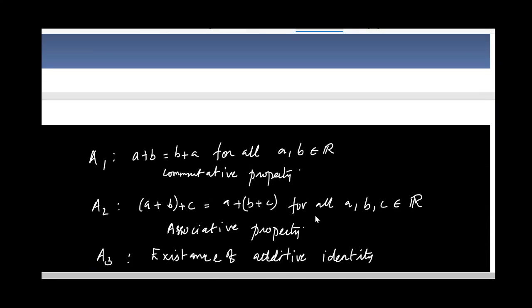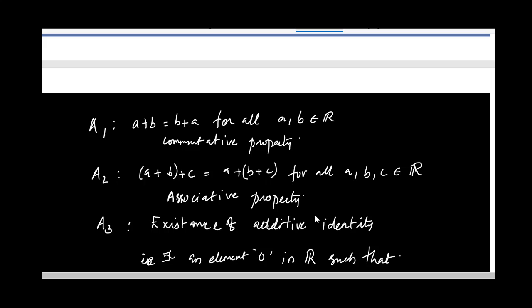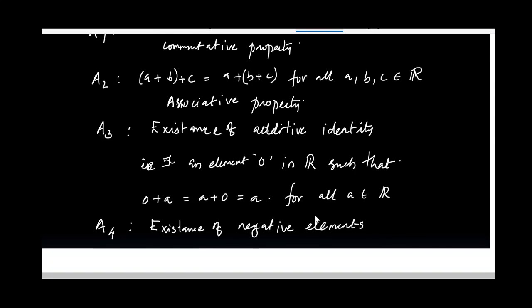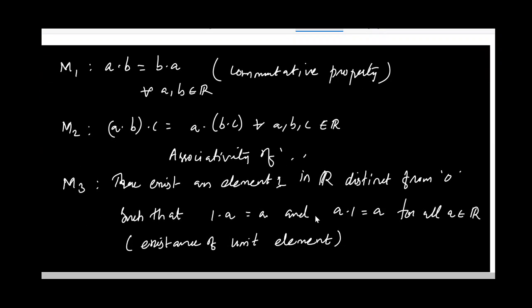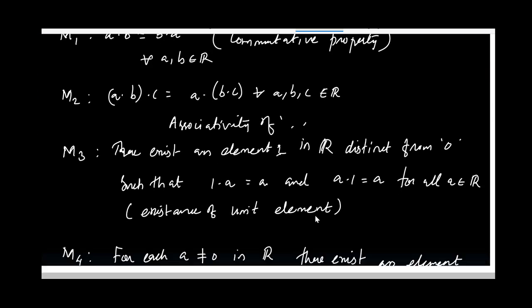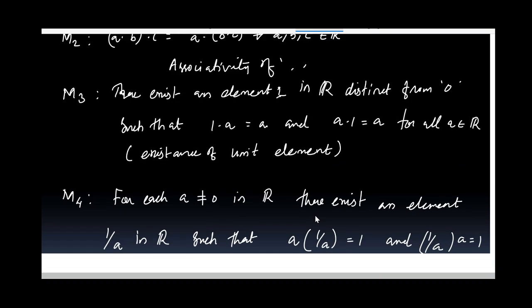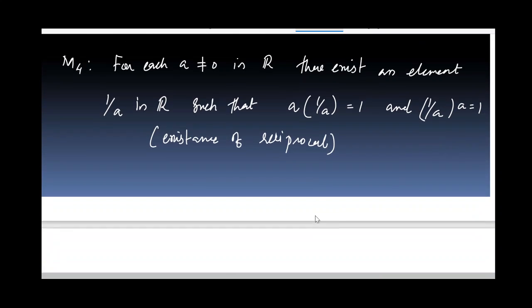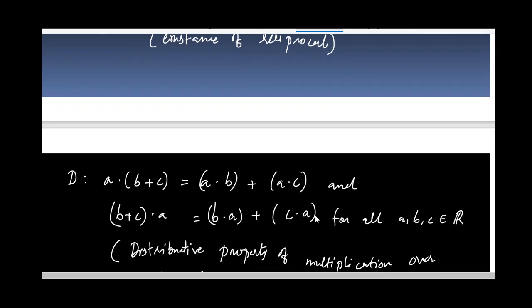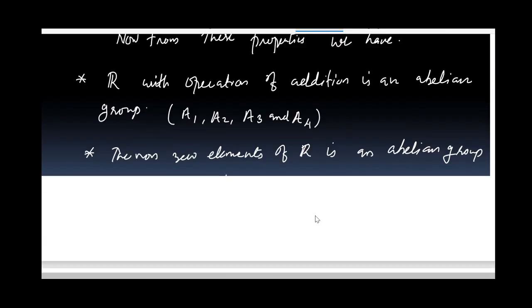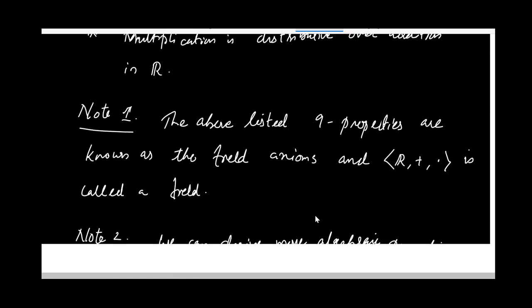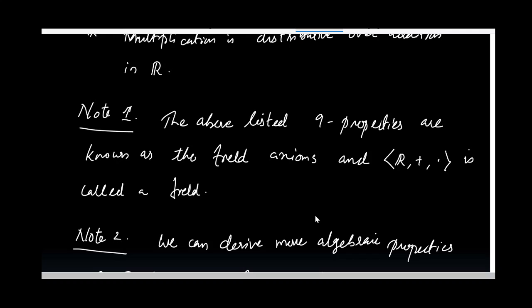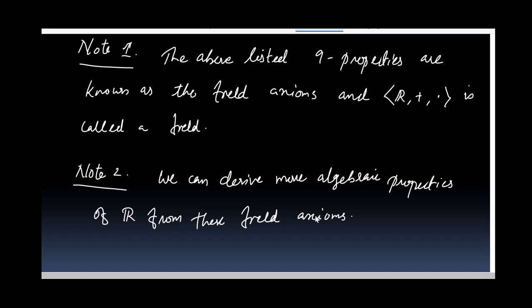Then we have the field axioms of real numbers. That is, in short, we can say that (R, plus) is an abelian group, (R, dot) is an abelian group, and multiplication is distributive over addition. If the three conditions hold, we say that it's a field, and these axioms are called field axioms. Now from these, (R, plus, dot) is a field, and we can derive more algebraic properties